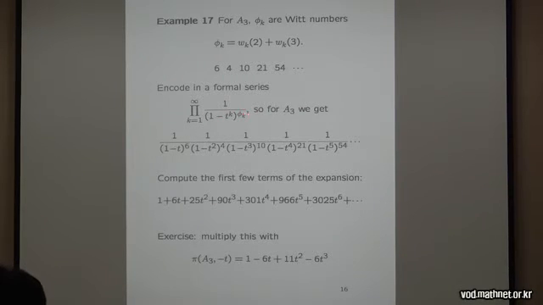So I take my phi k, and I make it the power of 1 minus t to the k. So 6, 4, 10, 21, I put in as 1 minus t to the 1 to the 6, right? That's the first. 1 minus t squared to the 4th. 1 minus t cubed to the 10th, and so on. So I make some hideous, disgusting thing. This is the topologist, I should say, I'm not responsible for this. This is the topologist who did this. So I take these phi k's, I put them in this, and then I expand this formal power series, and I see this thing, which still probably doesn't look very nice, except